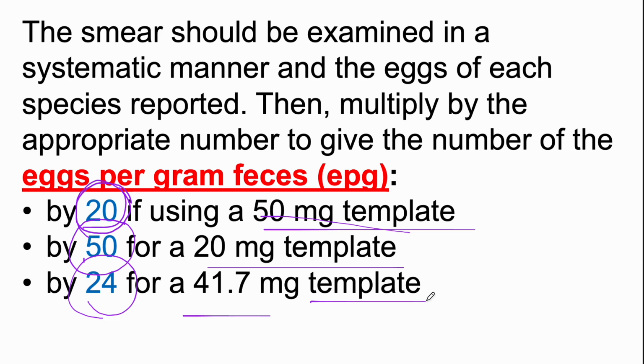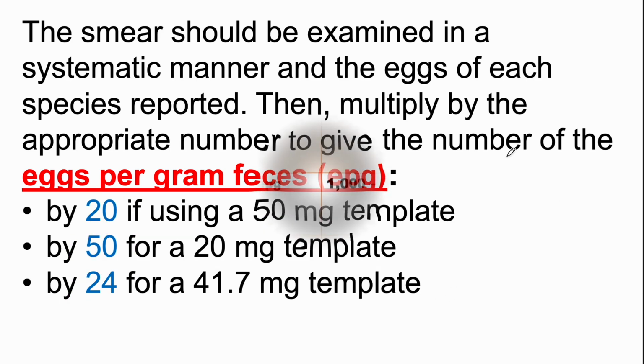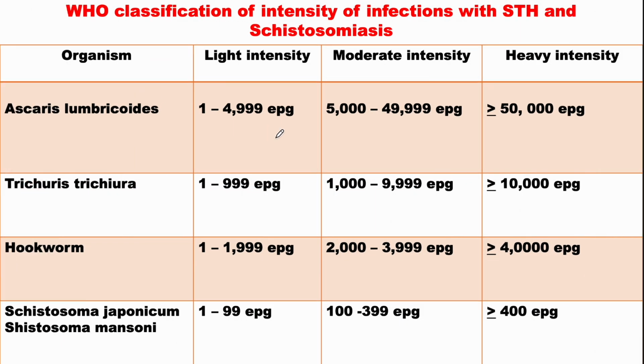Another one, this is just showing you if the infection is a light, moderate, or heavy infection. This is for Ascaris, Trichuris, hookworm again, and Schistosoma species. So that's again reporting the eggs per gram. So that's for